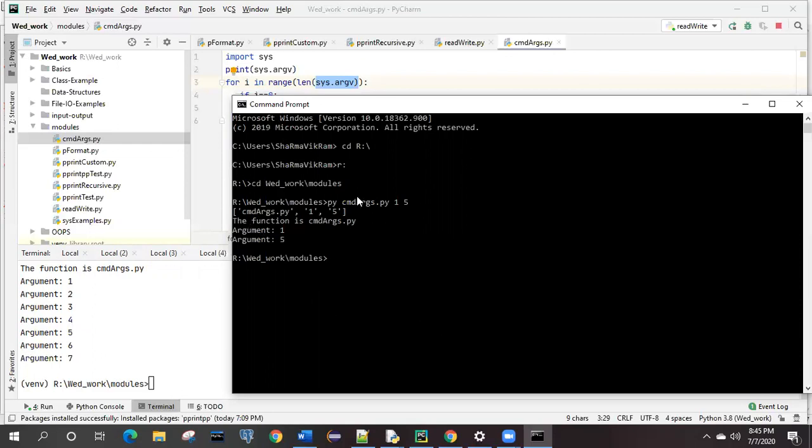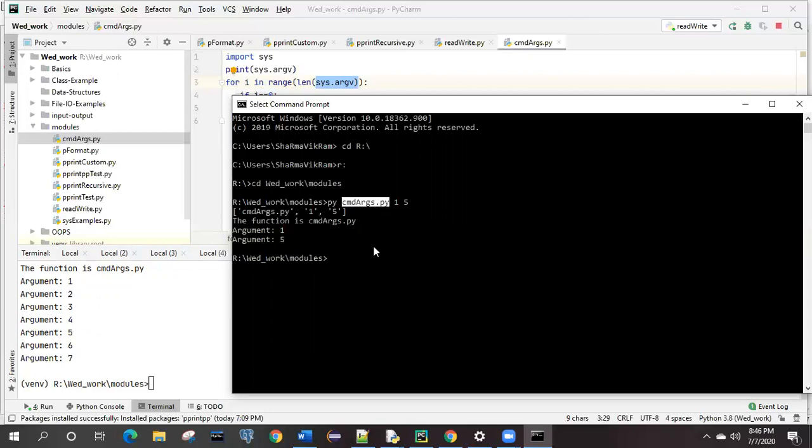You can further modify this. Like, we first reached this R drive and from there we are executing this, right? If you don't want to change to this R drive and you want to execute it from the C drive, then in the C drive itself you need to type py, and before this function name you need to give the location: r:/Wednesday work/modules, inside that cmd arguments dot py.